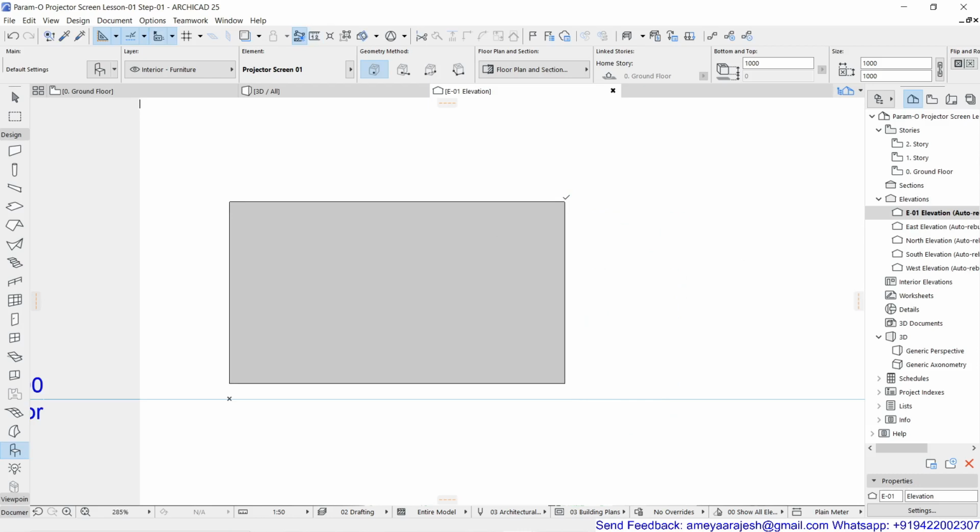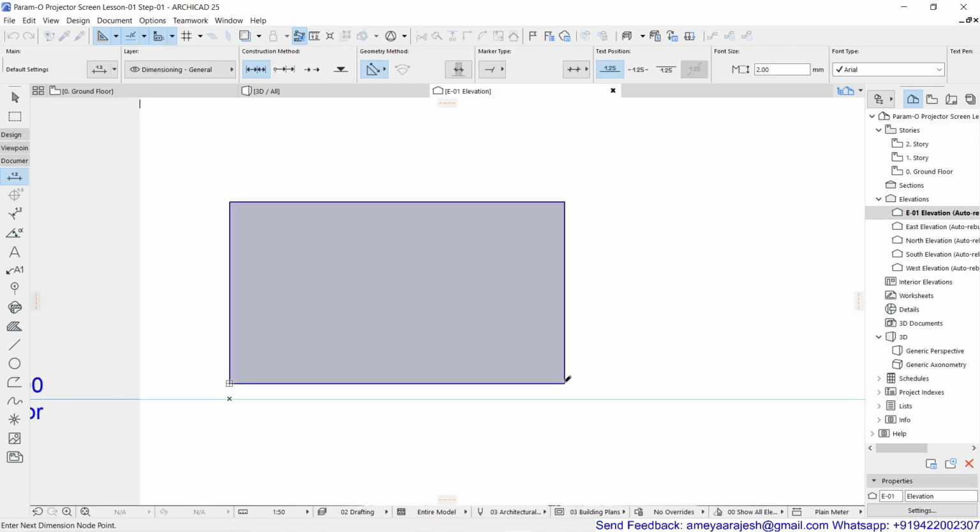So yes, you can put dimensions directly, no issues about that. I can start putting my dimensions. If I want to place the width, I can place the calculated height, and if I want to cross check, you can cross check. And as you know very well, it is supposed to be 2.4 meters.